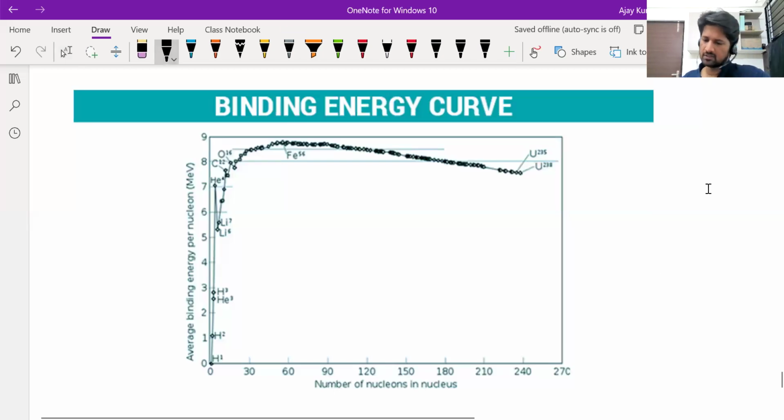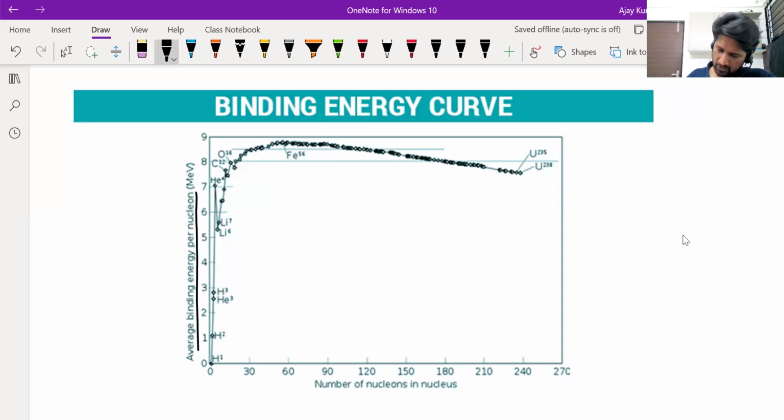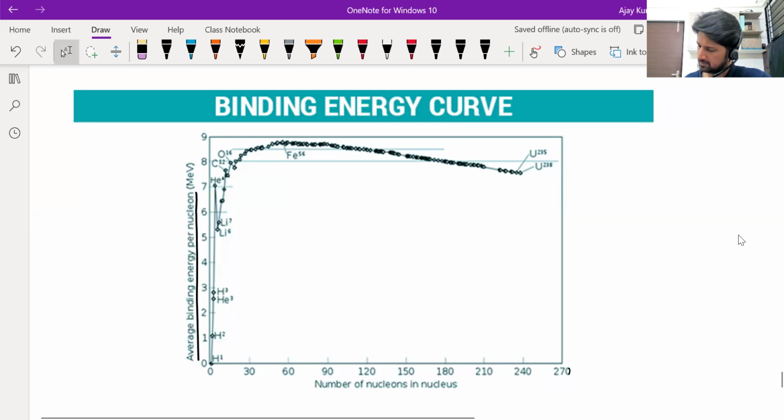Right. So the graph here shows you the binding energy, average binding energy per nucleon, for various nuclei. On the x-axis, you have the number of nucleons in the nucleus. That is nothing but the mass number, A. So we see that nuclei which have a mass